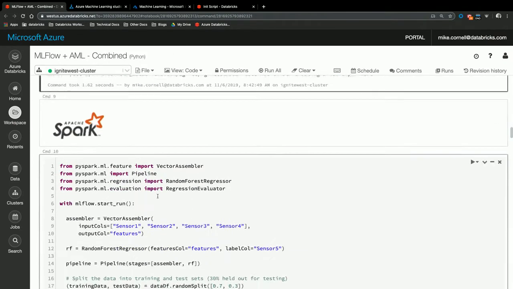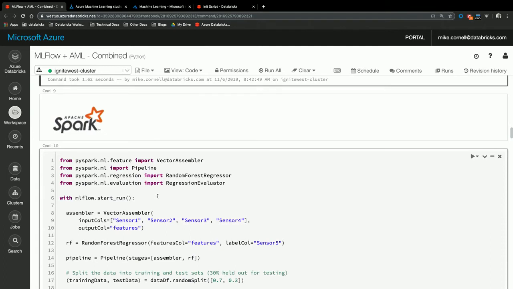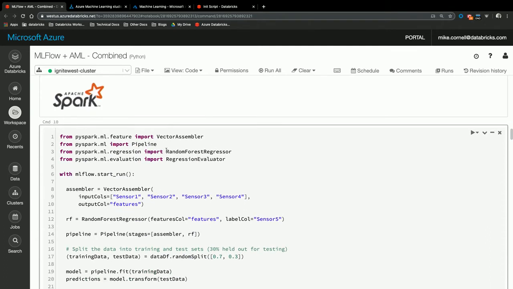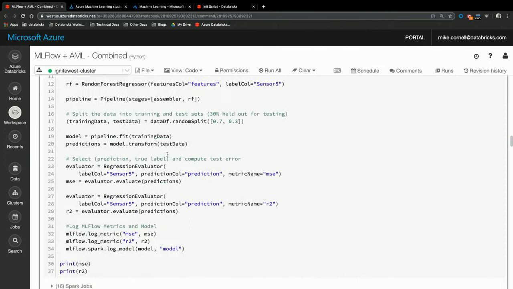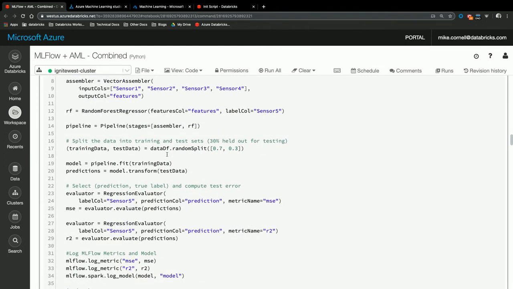As we keep chugging here, now let's actually use that experiment a little bit. So the first model we're going to create and train is a simple Spark model. So we're going to use MLlib, and we're going to do a very simple random forest regressor. You don't have to understand what all this code is doing. Just know that we're using a random forest regressor to take those first 4 sensors, predict the 5th.